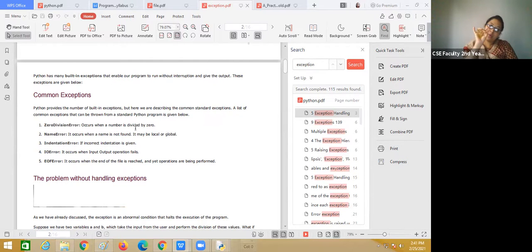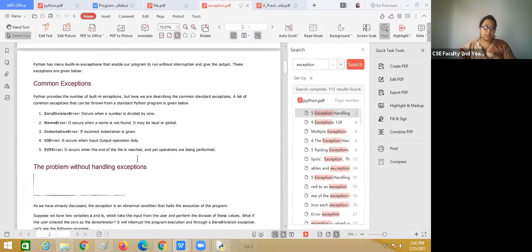When these two variables are being divided, it cannot be possible that a number is divided by 0. So in that case it will give you the runtime error. That error will show many things, some line errors, and you can handle that error on your own.